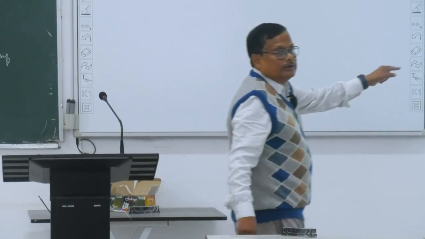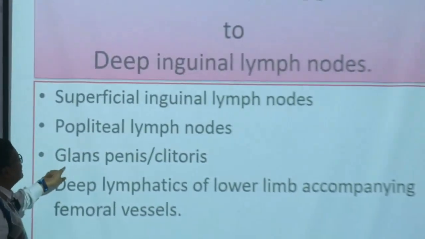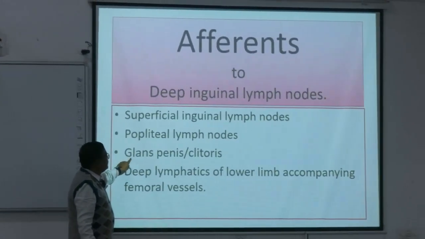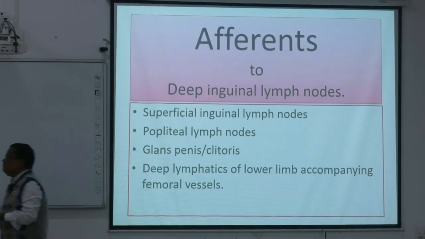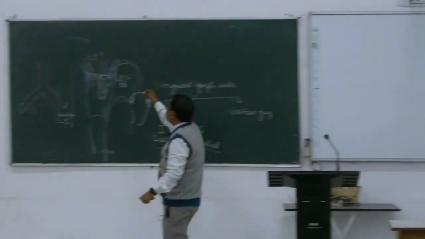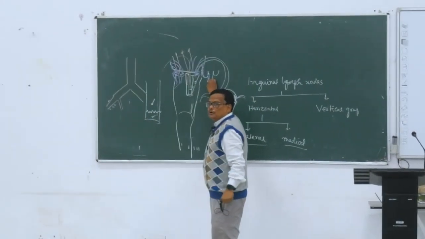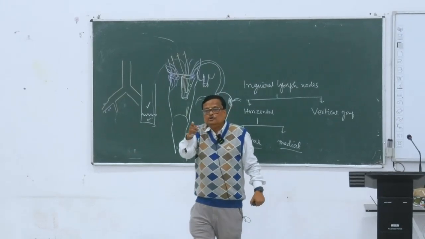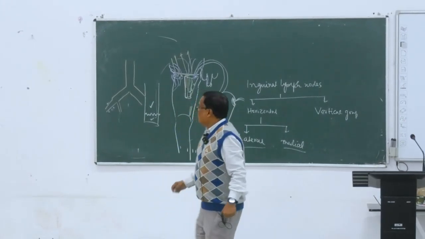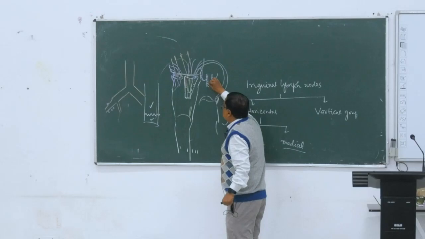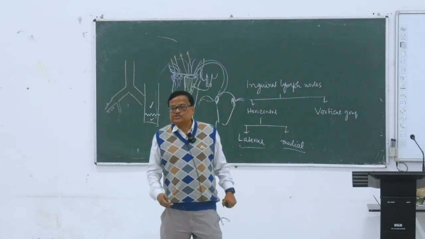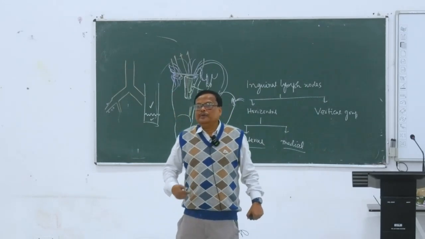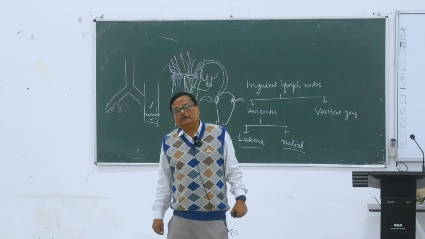ও আরেকটা বলা হয়নি, প্লিজ, ভুলে গেছি। ডিপ ইঙ্গুনাল লিম্ফ নোডসের গ্ল্যান্স পেনিস এন্ড ক্লাইটোরিস, আমি কি বলেছিলাম? পেনিসের স্কিন, সুপারফিশিয়াল ফসা এন্ড প্রিপিউস ইজ ড্রেন টু দ্য সুপারফিশিয়াল গ্রুপ অফ লিম্ফ নোডস, আর এইটা হচ্ছে গ্ল্যান্স পেনিস, আর ফিমেলের ক্ষেত্রে গ্ল্যান্স ক্লাইটোরিস। দিস ড্রেন ইনটু দ্য ডিপ লিম্ফ নোডস। আর টেস্টিস drain into the abdominal nodes known as the pre-aortic lymph nodes.